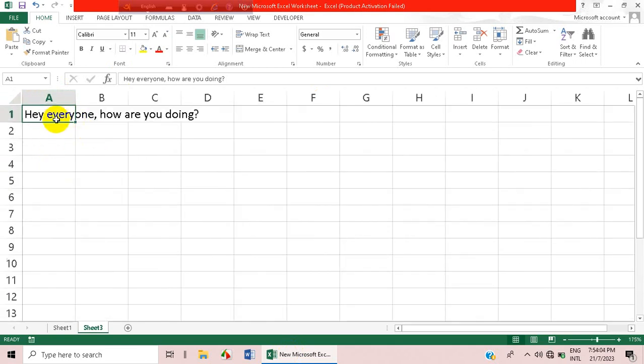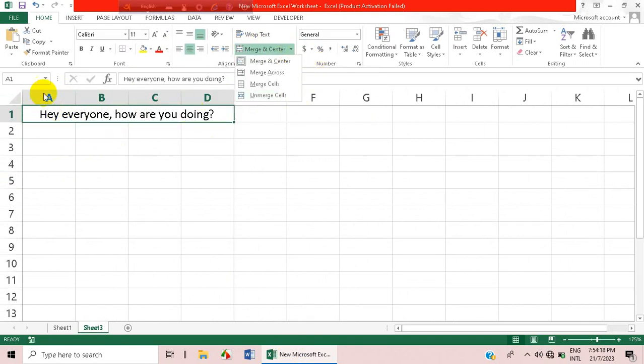Let's zoom it for you. Here, okay. First, let's select it, and then you can do it with the merge and center option. Here you can see, let's split it. This is one way you can do it, and then if we unmerge it,